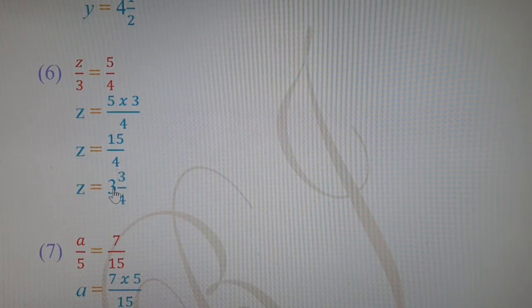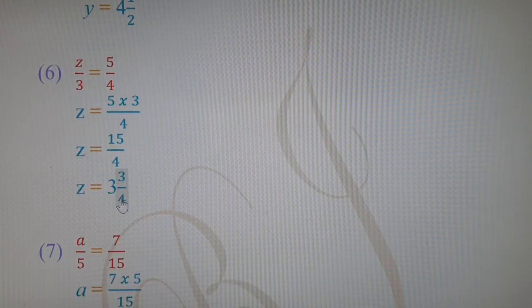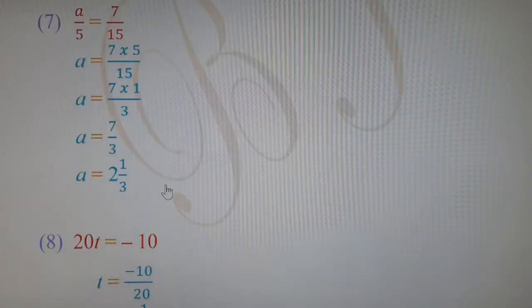4 3s are 12, and with 12 if we add 3 we get 15. So addition rule we are using. First we are using the multiplication rule and then we are using the addition rule. 4 multiplied by 3 is equal to 12, and 12 plus 3 is 15. So carry will be 3. So our next step will be 3 integer 3 upon 4. The answer of z will be z is equal to 3 integer 3 upon 4, or we can say the solution for the equation will be z is equal to 3 integer 3 upon 4.